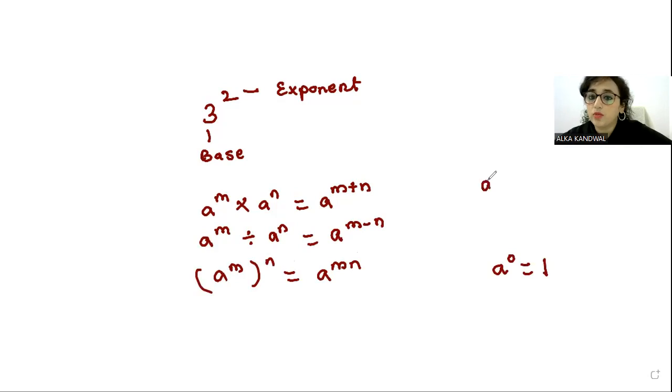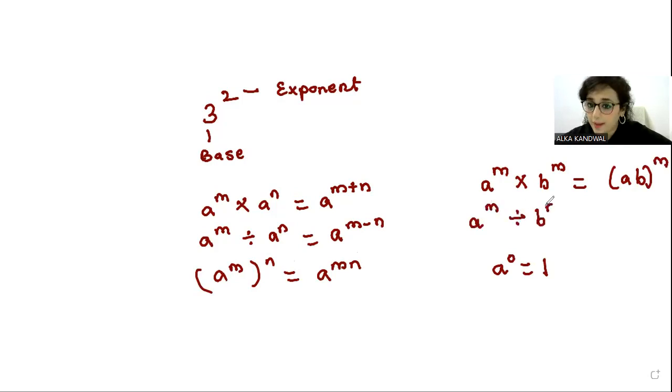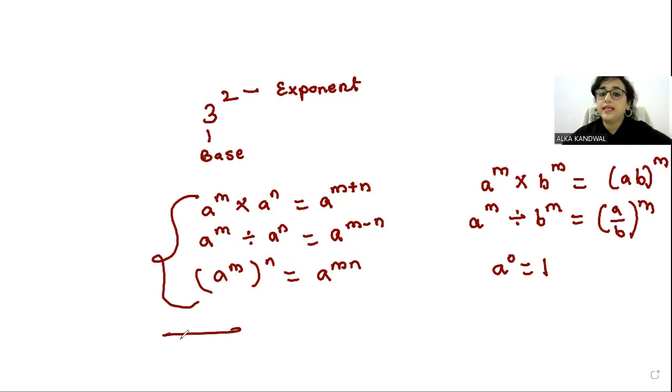And when we talk about a to the power of m and b to the power of m, bases are different but the exponents are the same. तो बेस को मल्टीप्लाई कर दो, एक्सपोनेंट को सेम रखो. a to the power of m divided by b to the power of m becomes a divided by b to the power of m. So these are the laws of exponent. अगर ये याद है तो there will be no problem in solving out the question. Now let us do some questions, then it will be more clear to you all.